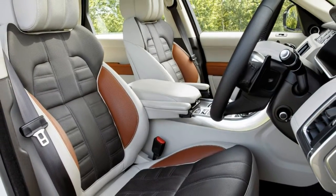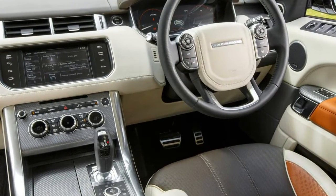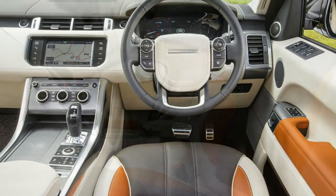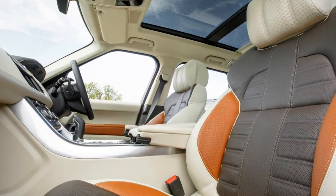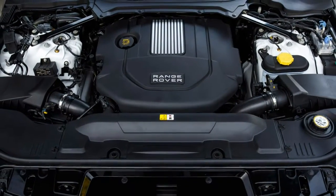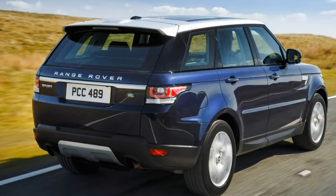Safety-wise, there are driver assist systems such as lane departure warning, automatic headlight dip, and enhanced adaptive cruise control, which can brake the car to a standstill automatically if the traffic in front comes to a stop. There's also a very handy blind spot warning system that uses radar to detect any vehicles hidden from the driver's side view. Land Rover Range Rover Sport safety levels are extremely impressive thanks to a strong suite of passive and